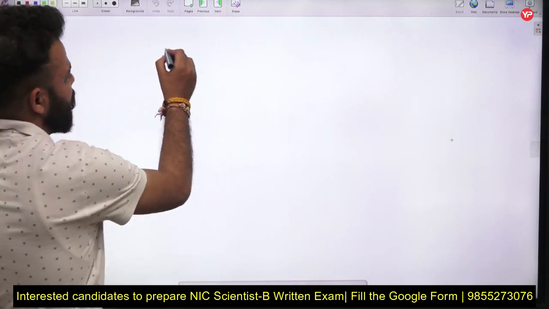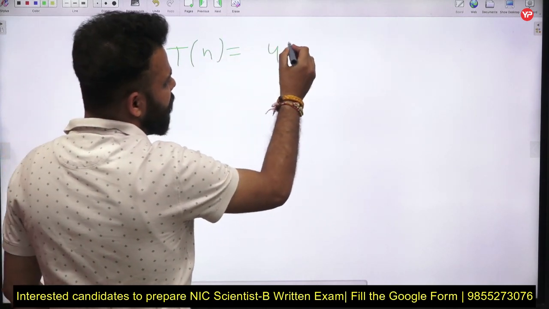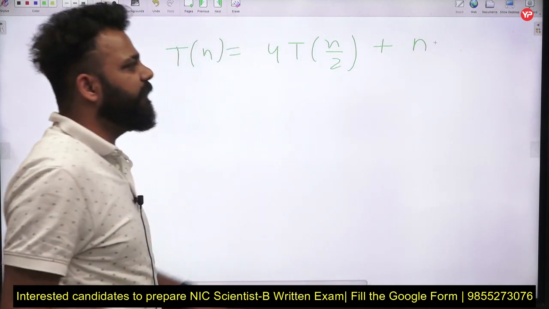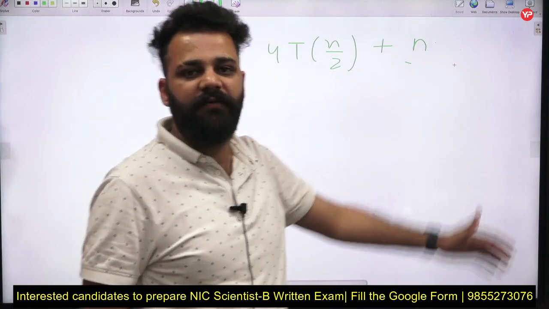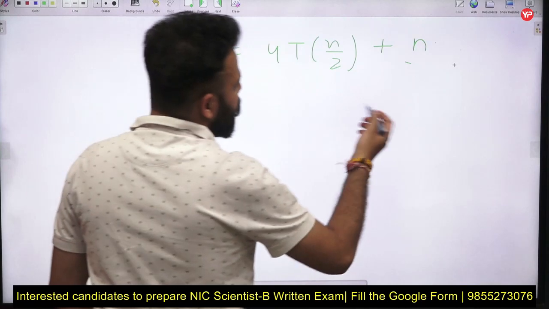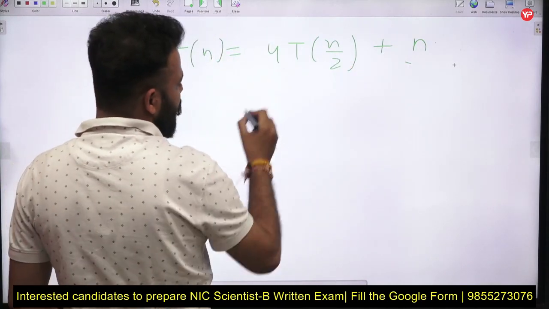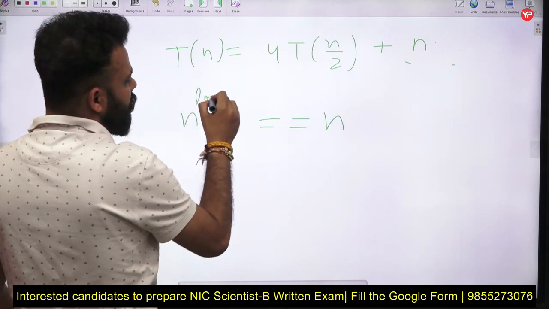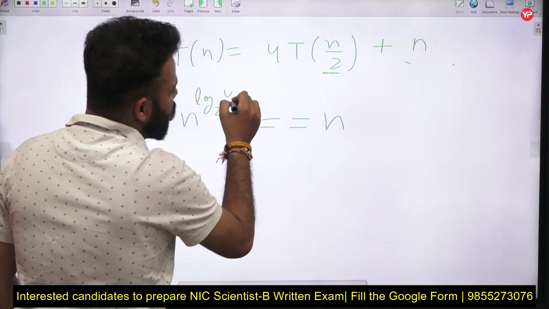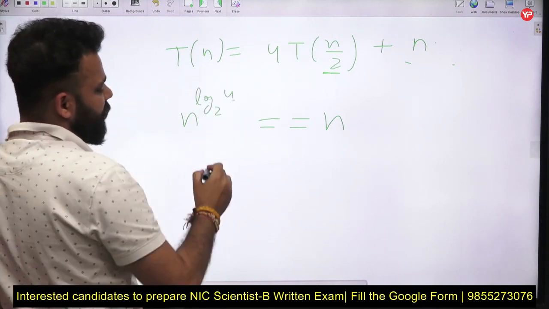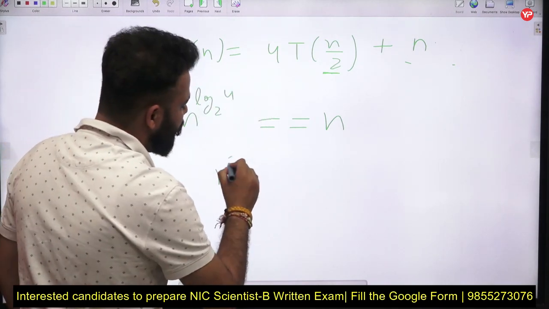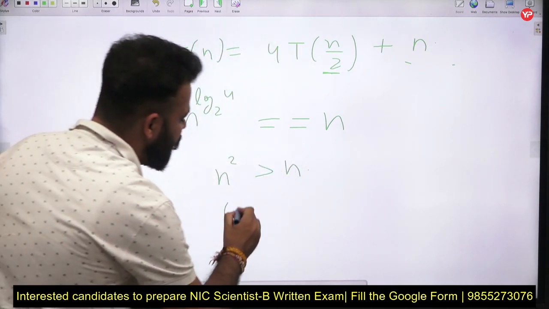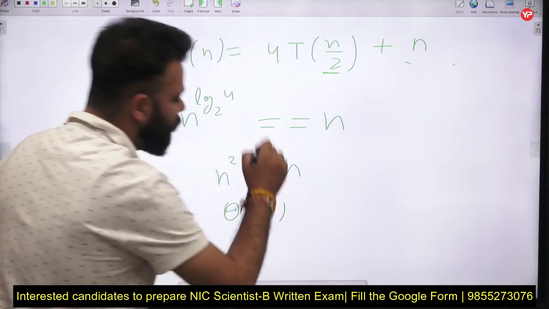Let's say that you have been given the initial question that I tried, T(n) = 4T(n/2) + n. Now f(n) is normal looking, it does not have log n in it. So what we will normally do is compare n with n raised to power log 2 base 4, which will be equal to nothing but n square. So we can see that n square is greater than n. So the time complexity will come out to be order of n square, or you can also write it as